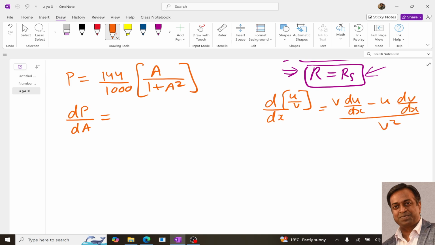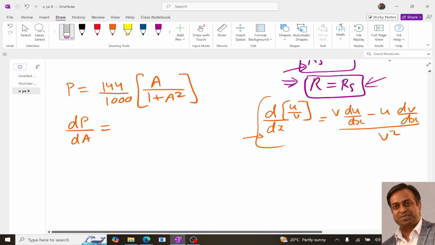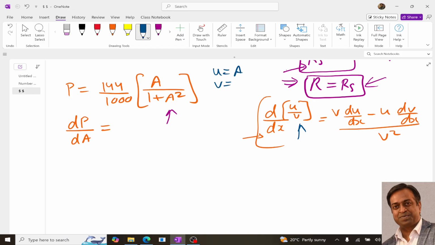In the same way we apply this to this expression. Comparing a upon 1 plus a square with this, we get that our u is a, our v is 1 plus